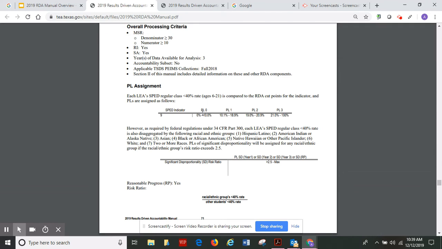the PL assignment, and this is an example of what I spoke to earlier here. To attain that PL0, which is what we want, your rate needs to fall within the 0 to 10%. And the PL assignment increases, which again is not a good thing, as that rate increases. Okay, so all of that as far as format is very much like what we have seen